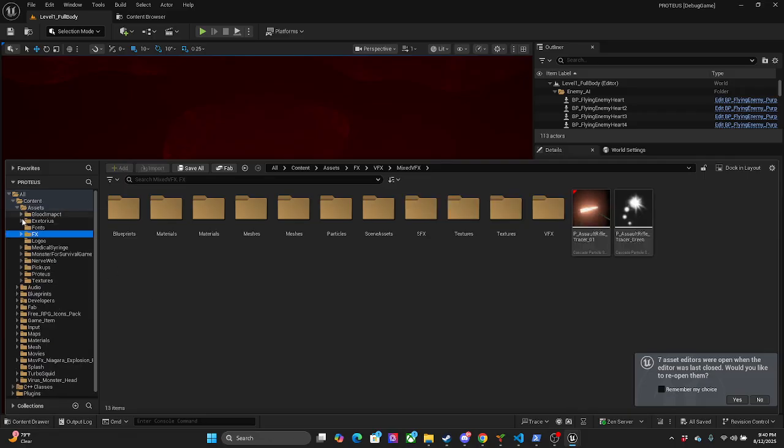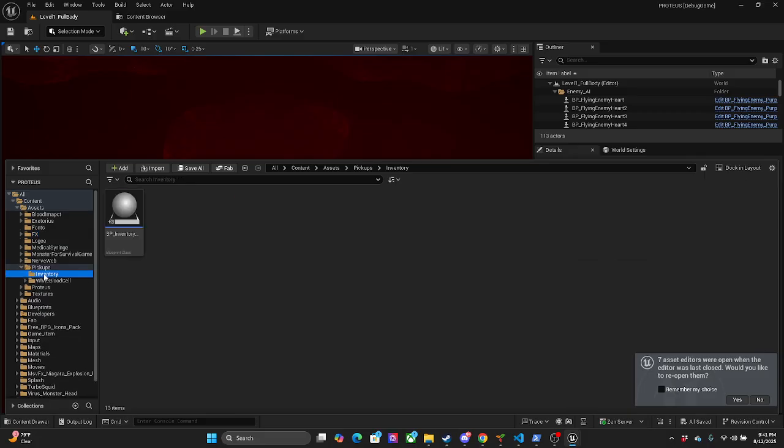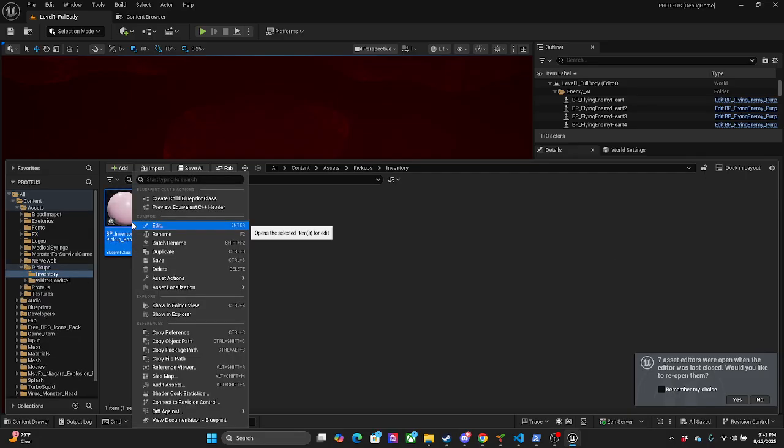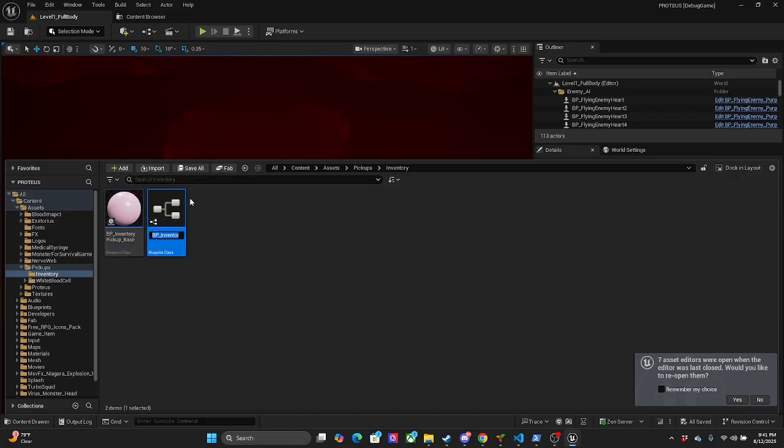We're going to make another one so that we have an array, two different items. Pickups, assets, pickups, inventory. We're going to create a child blueprint class from the base one.